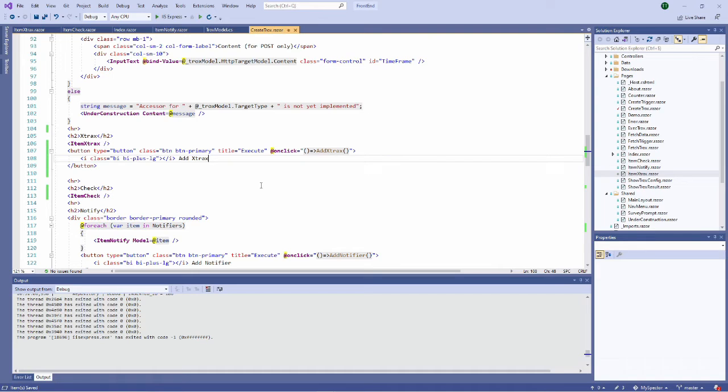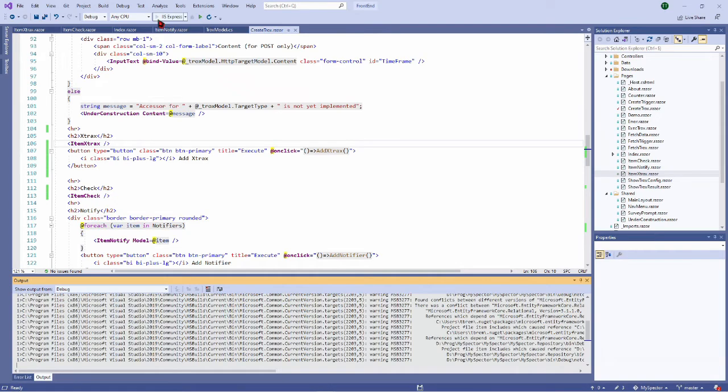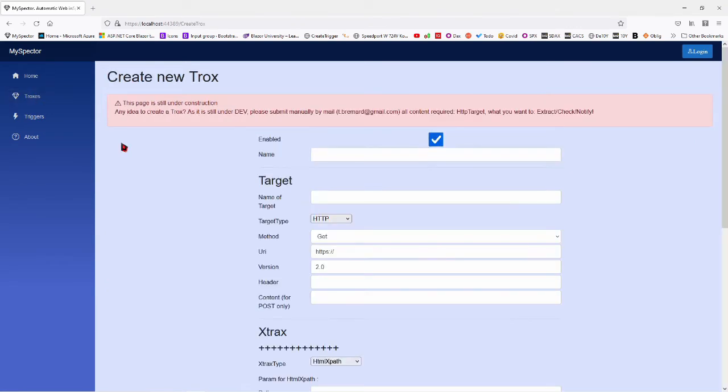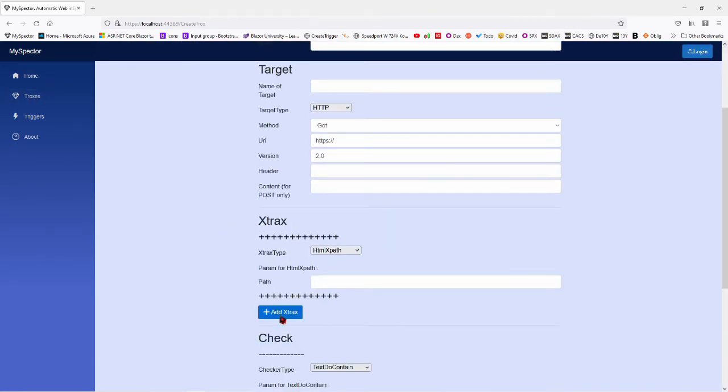Okay, and here I have still the item extract. So let's just check if the button is behaving like I want, and displayed like I want. I want to check that I have a button, add extracts, and here I can click on it.